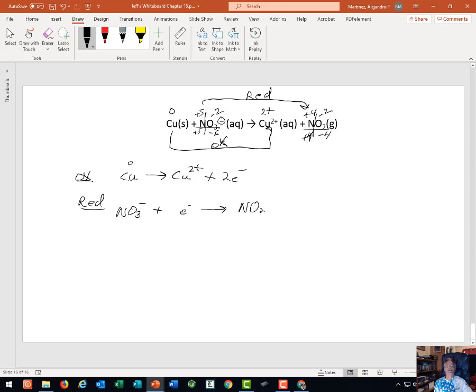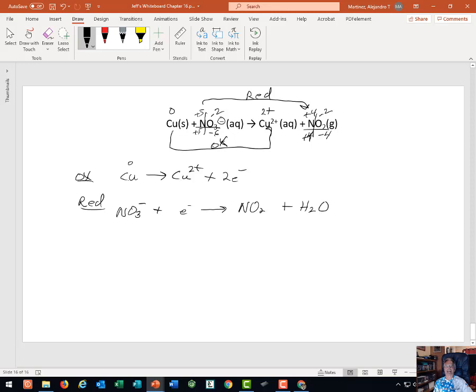This is going to be a little bit more complex. So if you notice, we've got more oxygens on the reactant side than we do on the product side. So first thing we're going to do is balance all the elements other than hydrogen and oxygen. So let's go ahead and do that. We've got 1 nitrogen and 1 nitrogen. So far, so good. Let's go ahead and balance oxygen and then hydrogen. Well, we've got 3 oxygens and 2 oxygens. So I need another oxygen over here on the product side. And that's going to be